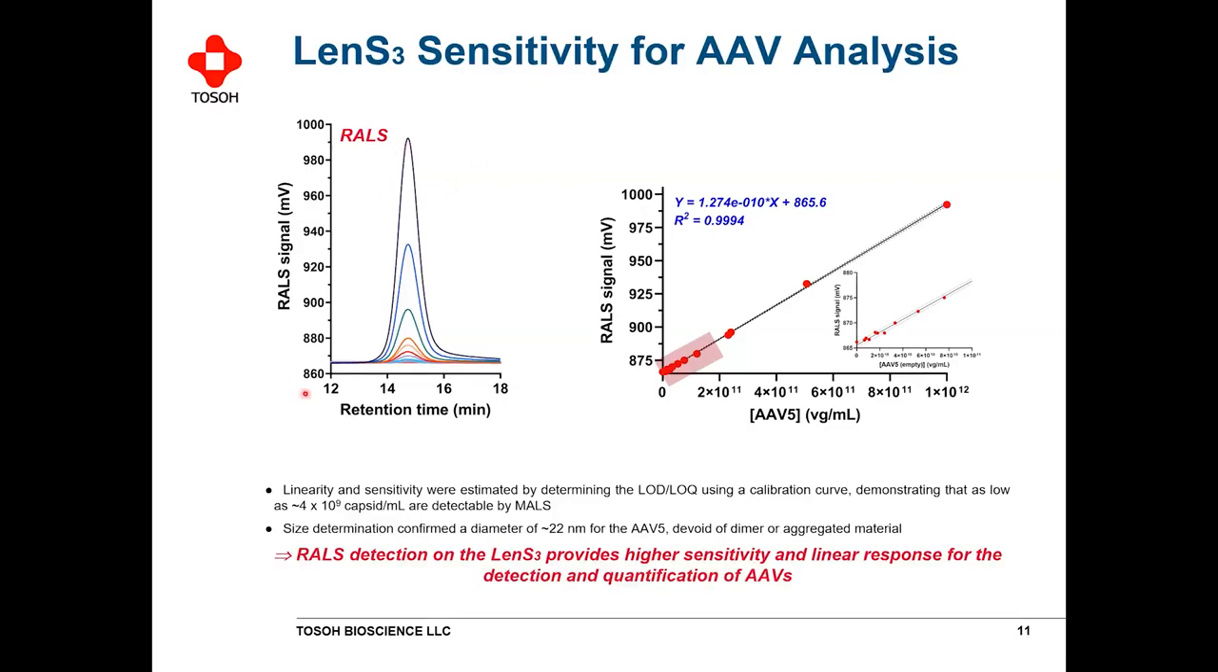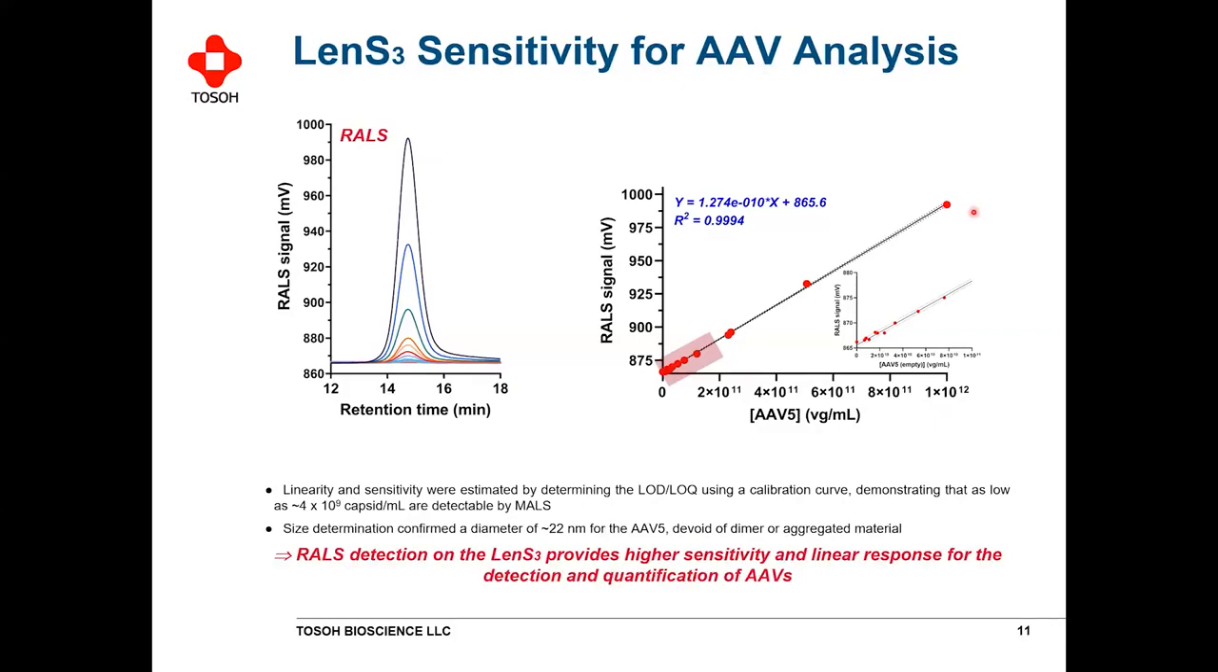On the left-hand side, you can see the data from the right angle, and you can see a few different peaks from low concentration all the way up to high concentration. Visually, you can see a nice change in response based on the concentration. And again, we can plot that to get a little more quantitative on the right-hand side. On the y-axis, this is the response from light scattering, and on the x-axis, we have the titer itself. You can see a nice linear response from low to high,